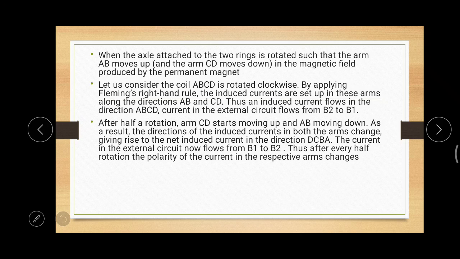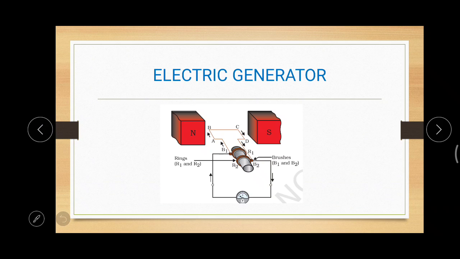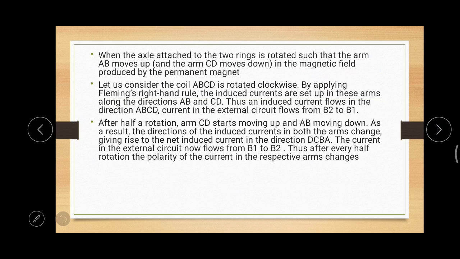You are observing from here. Consider that AB is moving upward and CD is moving downwards. So we can say the coil is rotating in a clockwise direction, and thereafter